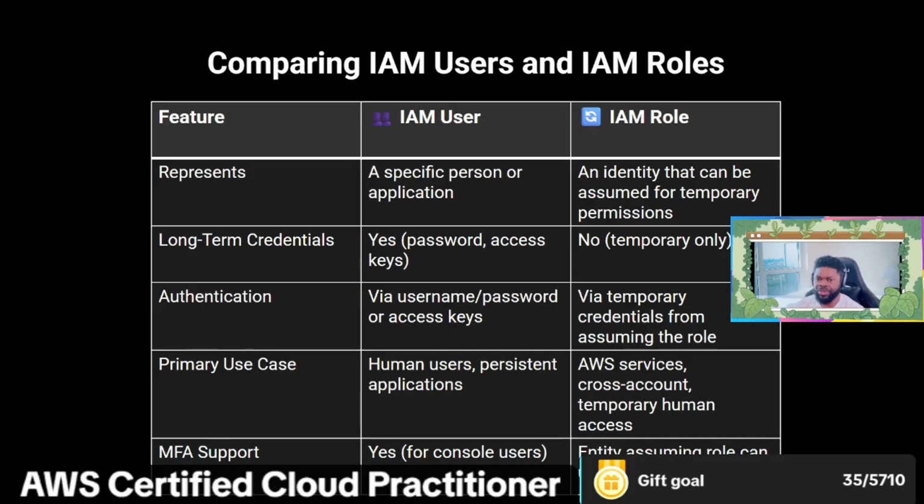Okay, so you know. And then what about an IAM role? An IAM role is really an identity, like I said, that can be assumed for temporary permissions. So it means that it's not the same. One is an identity that you need to take on at a given time to be able to interact with a different service, while the other one is really a specific person. So it's either a specific person using it or an application that is talking on the person's behalf. Okay, so they are both different. One is a long-term credential, exactly. So for a user, yes,